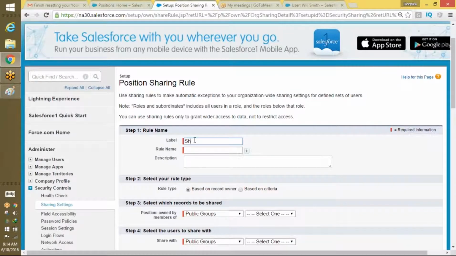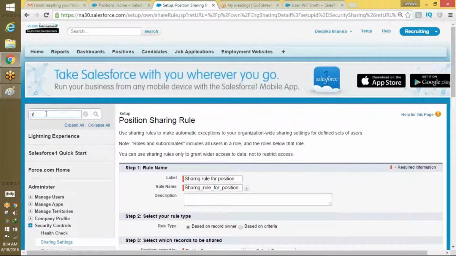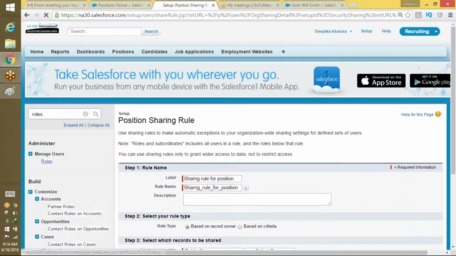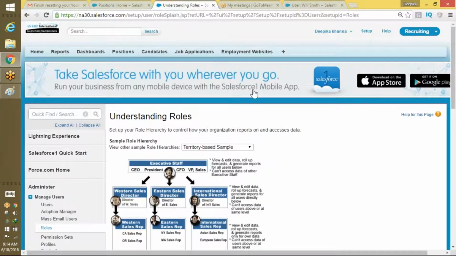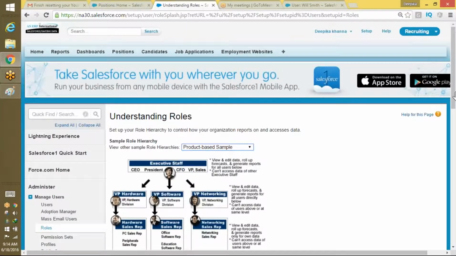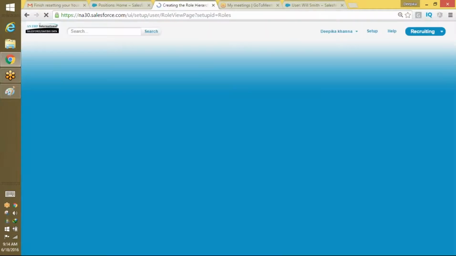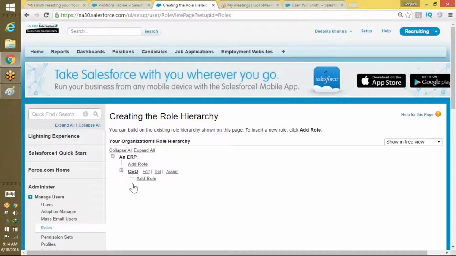So let's say a sharing rule for position. Before jumping into that, we need to go back to the roles and change them. We'll go to the product-based sample, set up roles. Right now you are reporting to people, right? So what I'm going to do here is